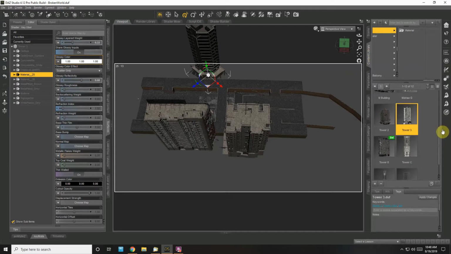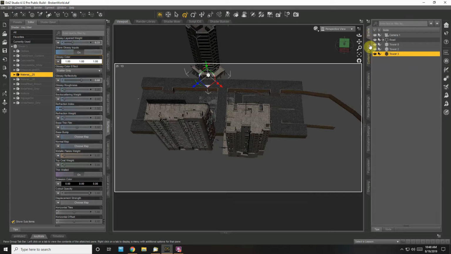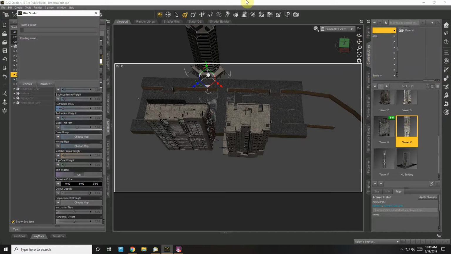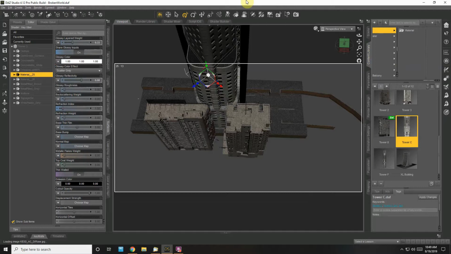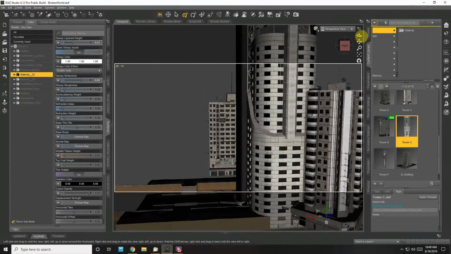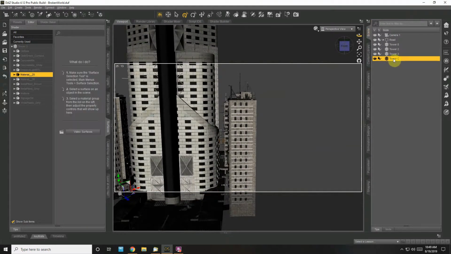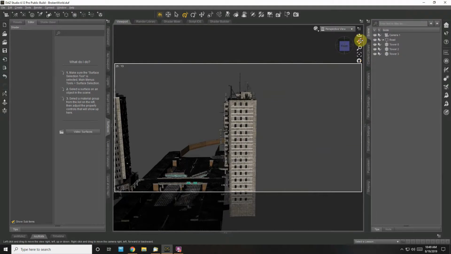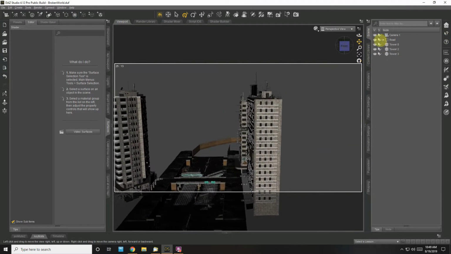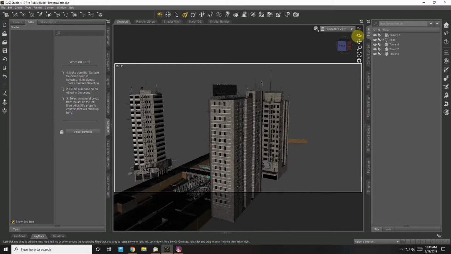238 must be all the ones starting off with the tower. Let's see what Tower C looks like. Okay, yeah, no, that one is... Okay, so the ones with the letters are in different sets. Alright, so let's get rid of that. Come down here. And we will...